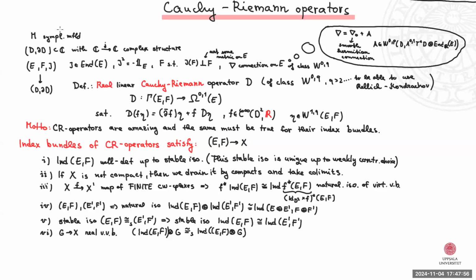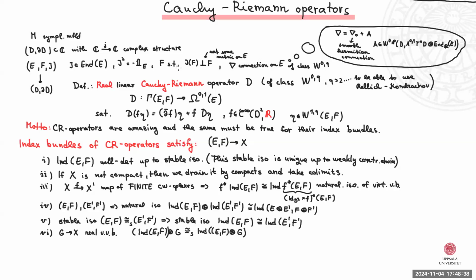So you take your symplectic manifold, you take a domain, which for us is a disk with a boundary, which is a circle, right? As a subset of C with some complex structure. It doesn't have to be necessarily the standard one, but whatever. And you take a bundle pair over your disk. So the bundle pair is very special. First, it has almost complex structure, which means that there is an endomorphism of the bundle which squares to minus the identity. And moreover, the F is somehow totally real.